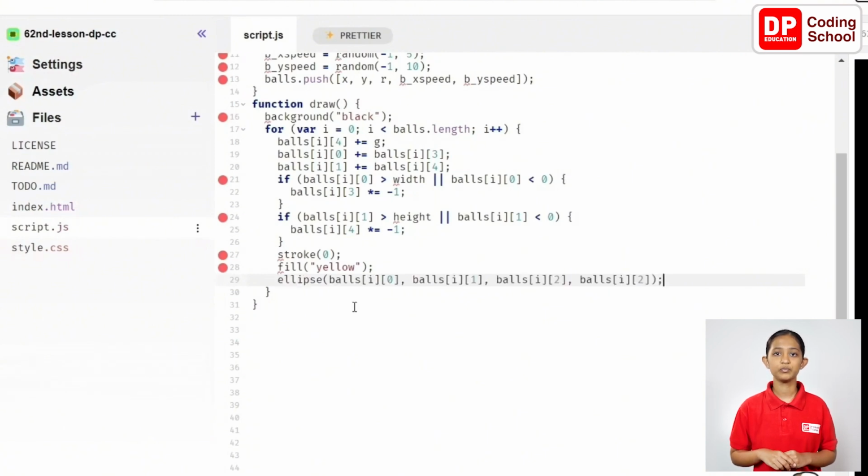ellipse(balls[i][0], balls[i][1]. Let's represent the x and y coordinates of the center of the circle like this and add another comma, give two equal parameters where the width and height will be equal, and end the for loop after we create the circle. , balls[i][2], balls[i][2]); }